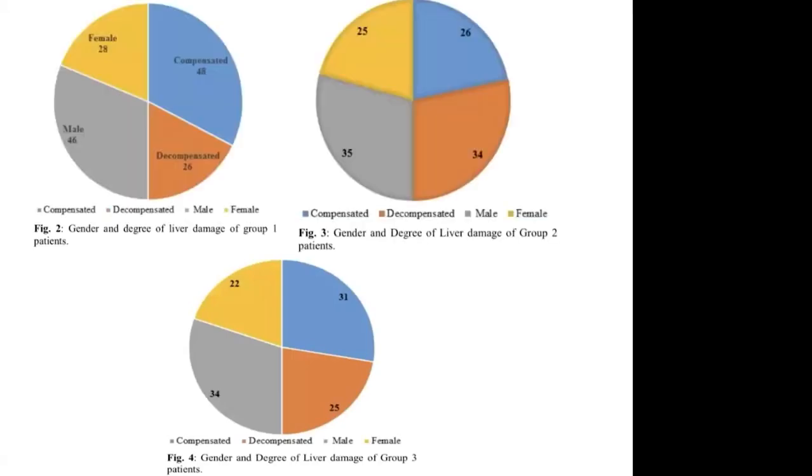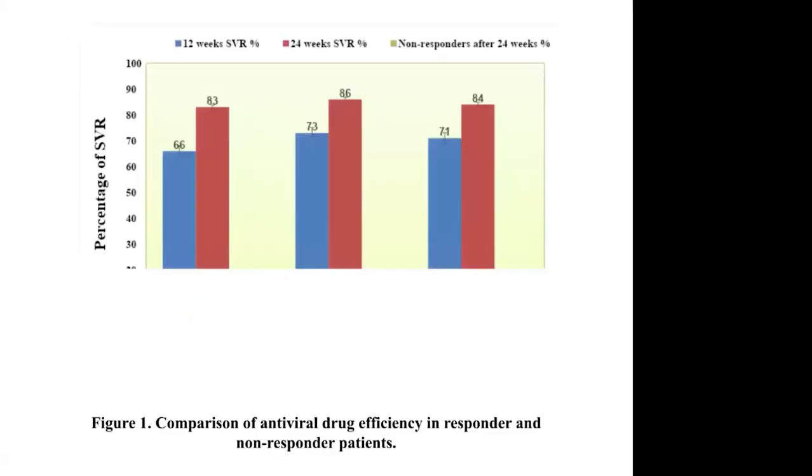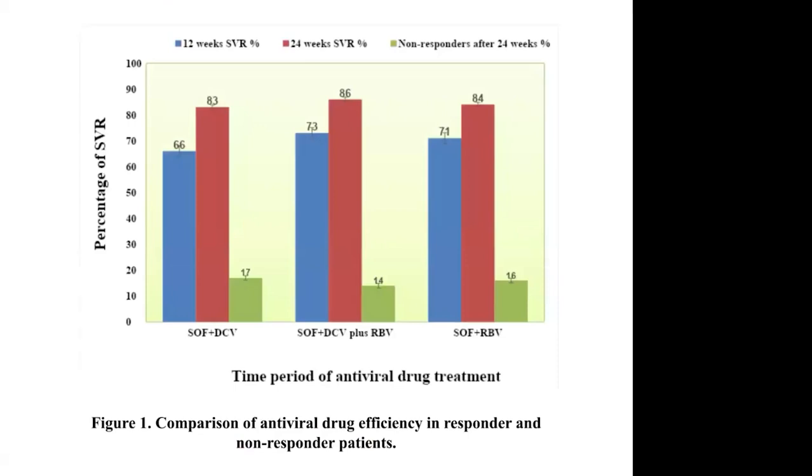Okay, so here's the pie chart representation of all our results, showing the same results as discussed earlier. Here's the comparison of various percentages of response to different genotypes among the 3 different treatment groups. For group 1, we can see that 83% were responders at the end of 12 or 24 weeks, whereas for group 2, which were given a drug combination, 86% of the patients were responders at the end of 24 weeks, whereas for group 3, who received the 2 drug combinations, Sofosbuvir plus ribavirin, 84% of the patients were responders at 24 weeks. So we can see here that the 3 drug combination was highly effective in reducing the